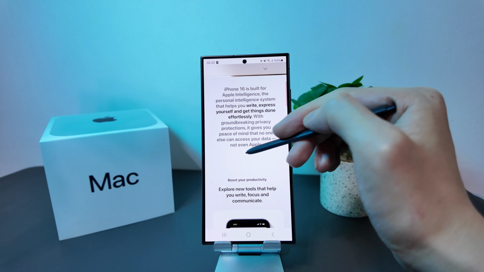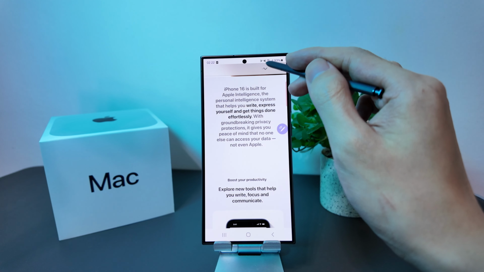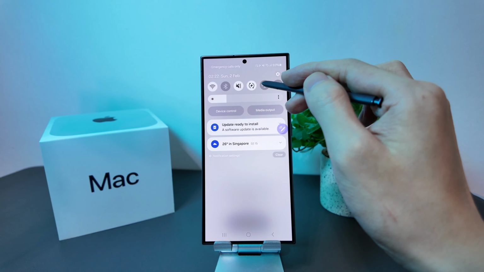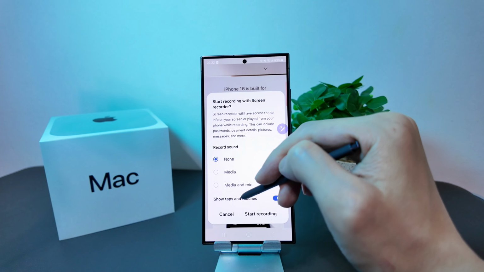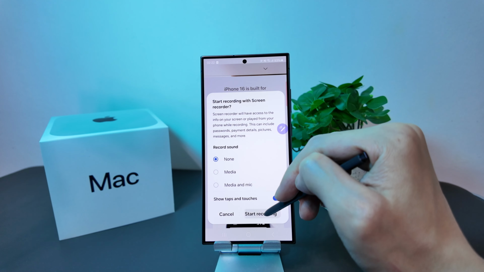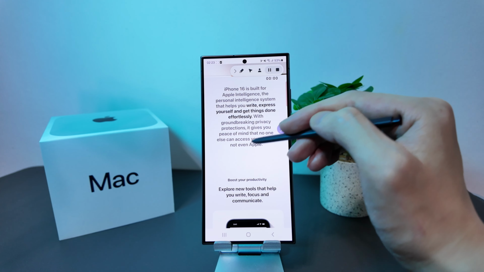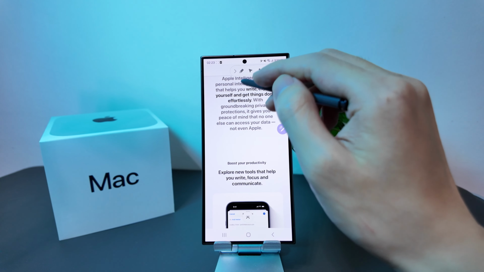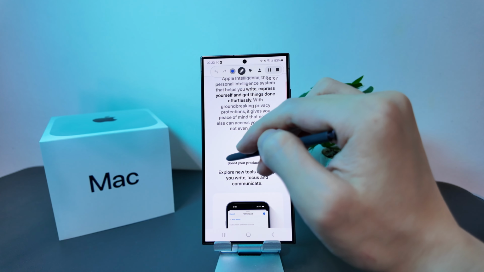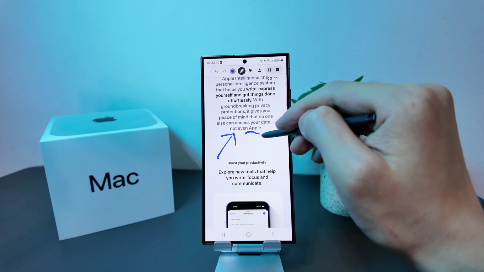Okay, so now that we have seen this magnify option, we can also explore some of the other very cool features with the S Pen. I'll show you how you can take a screen recording and also annotate at the same time. So we just proceed to start. Okay, so as the recording is taking place, you can actually annotate. So right now, if you didn't select the pen, it will just move. But if you select the pen at the top and if you annotate, it will actually be recorded in the